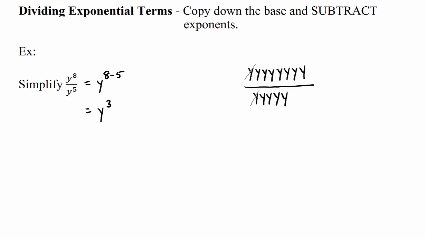A y will divide with a y to give me a 1. This y will divide with this y to give me a 1. There will be another 1, another 1, and another 1. And when I look, what am I left with? I'm left with 3 y's being multiplied,